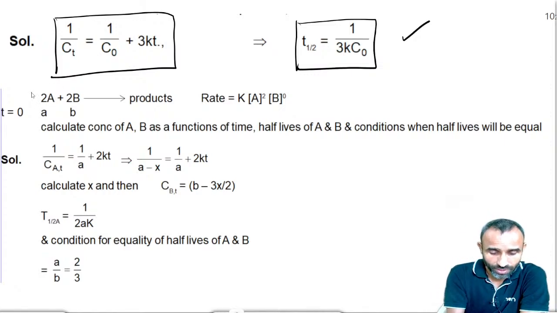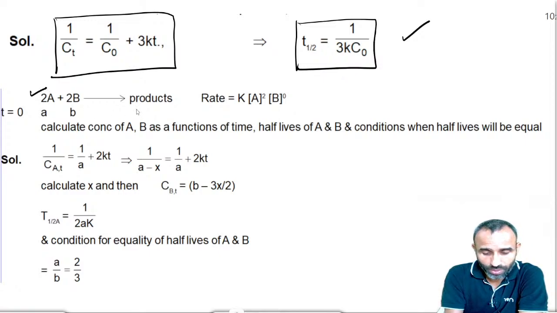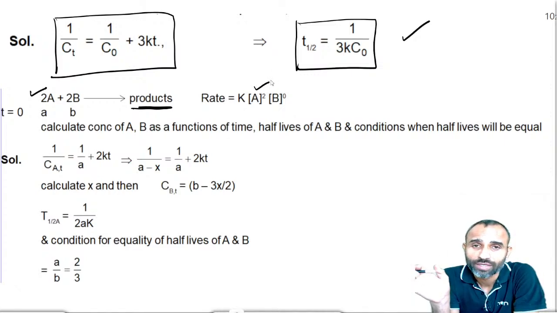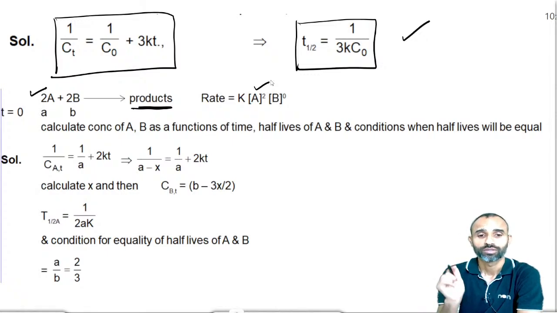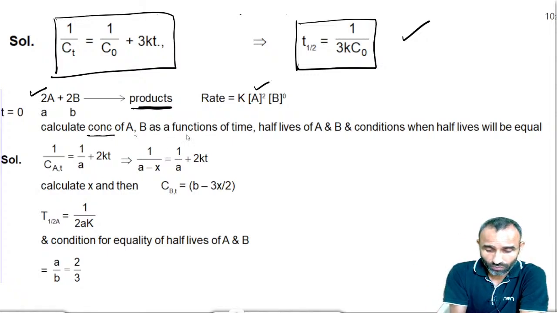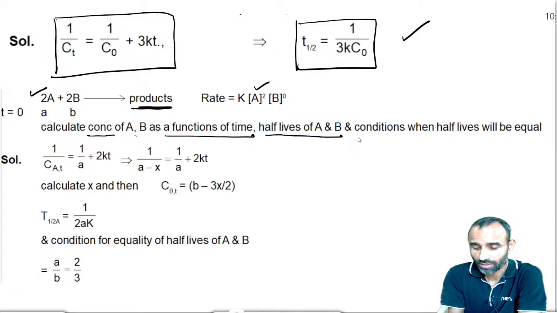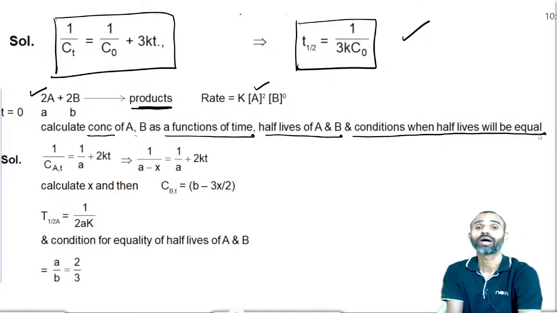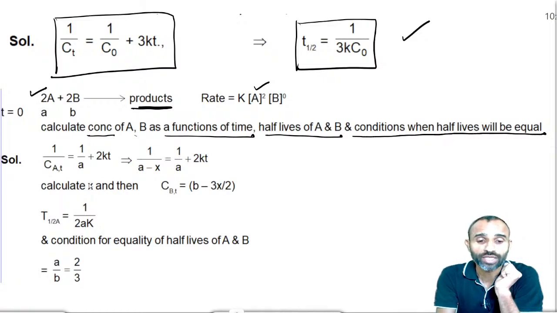Again, if it is 2A plus 3B products, and it is second order with respect to A only, and zero order with respect to B. So what is the concentration of A and B as a function of time? What is the half-life of A and B? And the conditions when half-lives are equal. That you know, what is the condition? Half-lives are equal. Ratio of A and B